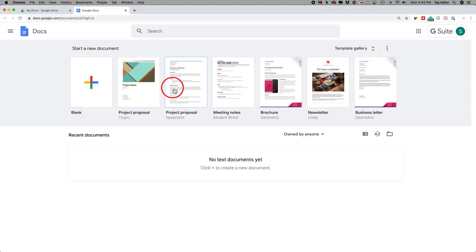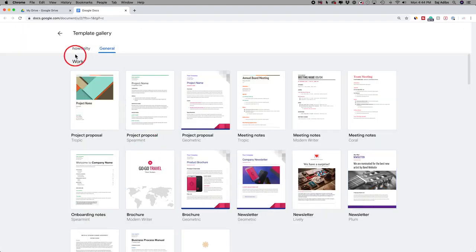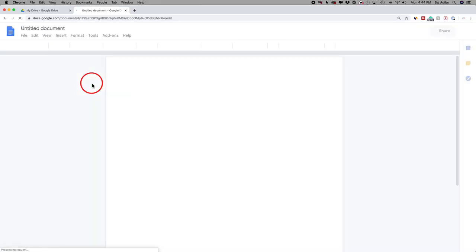But I wanted to show you that there are also templates. So if you're creating a meeting note, for example, or a brochure, you can start with these templates, and there's a whole template gallery where you could see all these different types of templates. But I'm gonna go back in this case and we'll just press plus here and we'll start with a brand